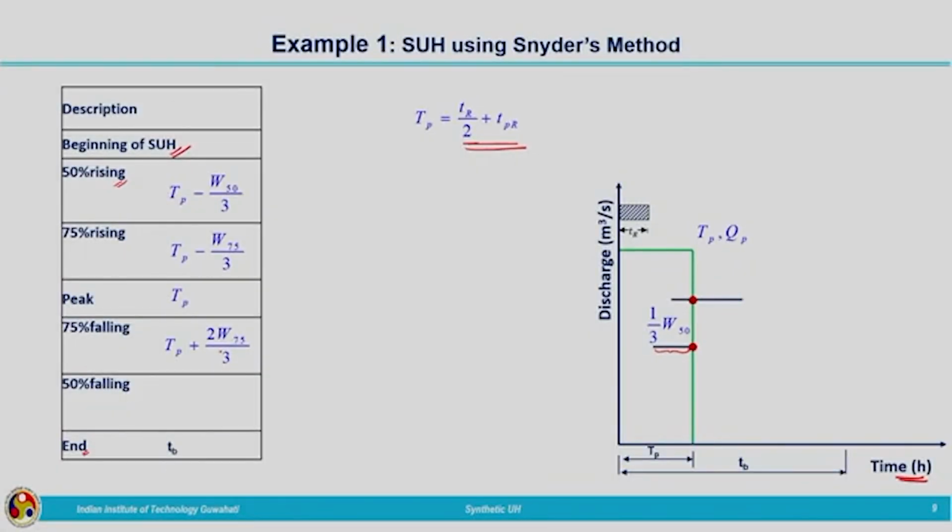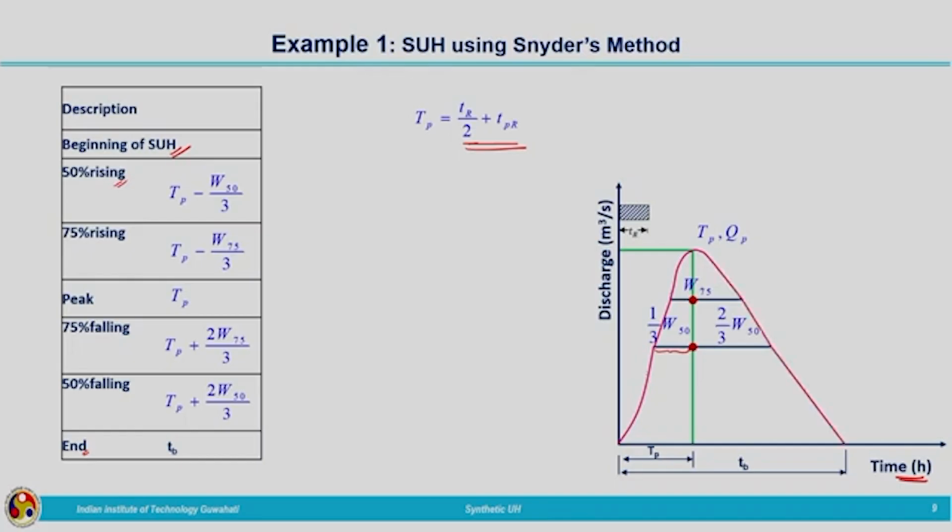So, that we can mark over here like this. This is corresponding to 2/3 of W75 and below corresponding to 50% peak discharge, it will be 2/3 of W50. So, that way the total will be W75, 1/3 of W75 plus 2/3 of W75, it will be total W75. Now, we can move on to plotting the synthetic unit hydrograph. So, this way we can plot the synthetic unit hydrograph by connecting these points corresponding to W75, W50 and peak